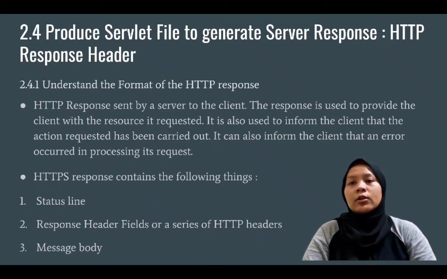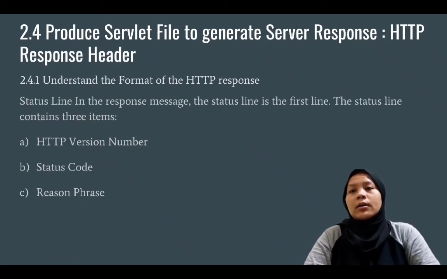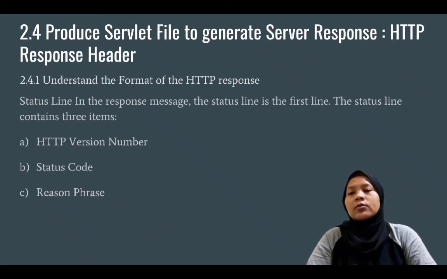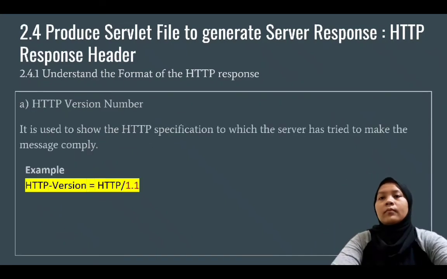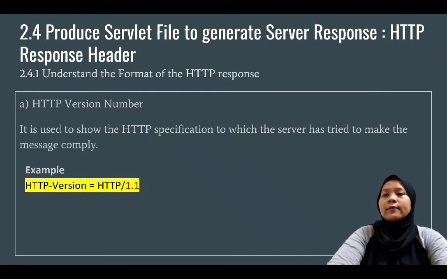The HTTP response contains the following things: the status line, the response header fields and general HTTP headers, and third, the message body. In the response message, the status line contains three parts, which are the HTTP version number, the status code, and the reason phrase. The HTTP version number shows the HTTP specification which the server has tried to use to make a message complete. For example, HTTP version equals